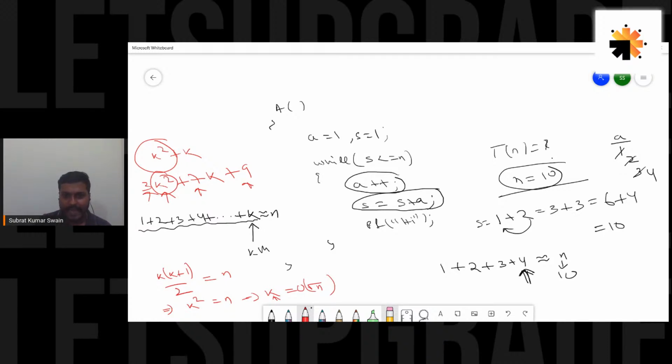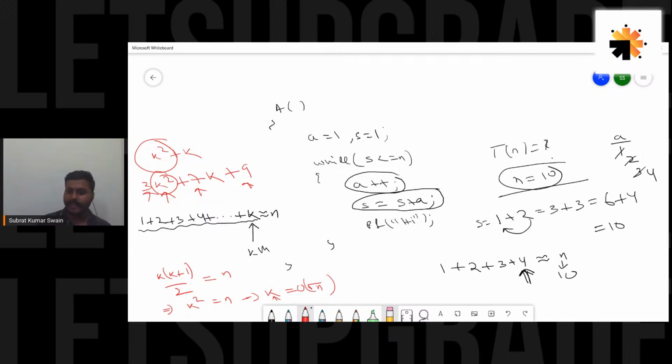Here we added the value of a with s every time. That is how s is getting incremented till the point when s will reach n. So we added 2, then we added 3 because the value of a was 3, then a will become 4 and we'll add 4. So at the kth step, when we add k, the value of a would be k by that time. Let's assume that when we add k in the kth step, we will reach n. So k is nothing but the number of steps, which is the time complexity. We just need to find out the value of k.